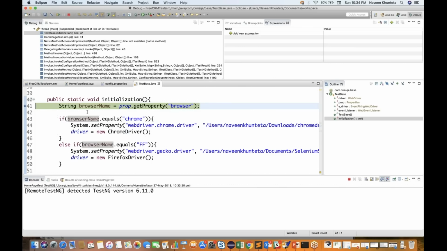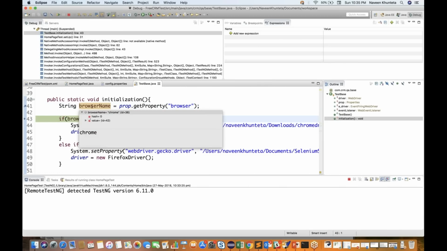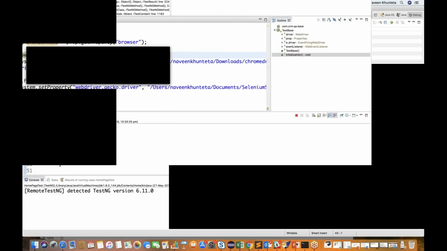So now, still on line number 41, if you mouse over the browser name variable, it's not showing any value. Why? Because we haven't executed line number 41. The controller is still on line number 41. Again, I have to execute this line 41. Simple, press F6 again. You will see that now if you mouse over browser name, you can see the runtime value Chrome is available,